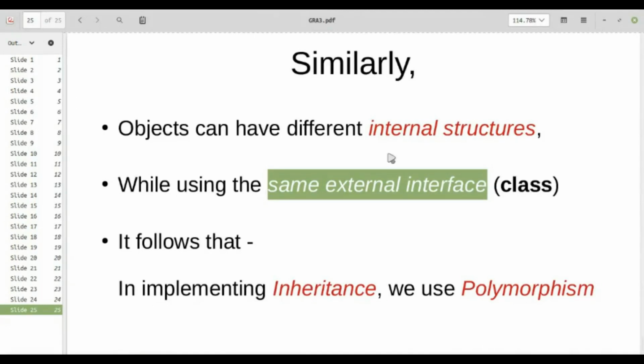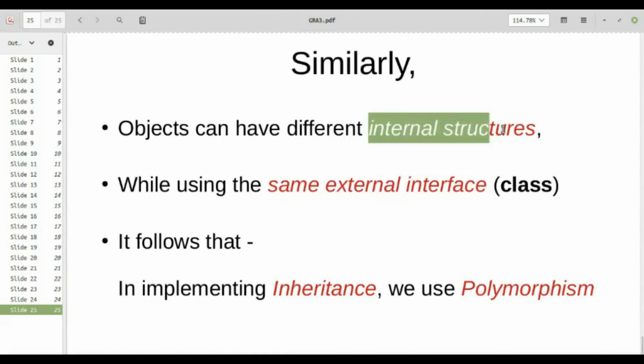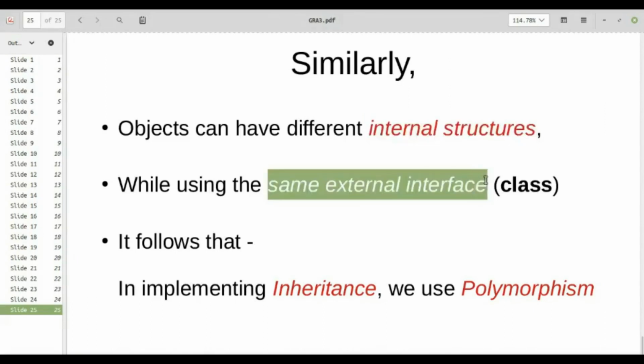Just think critically for a while. Each object has different internal structure. Each object behaves differently, but they all use the same external interface, which is a class. So using the same class can be given different forms. And the ability to take up different forms is known as polymorphism,